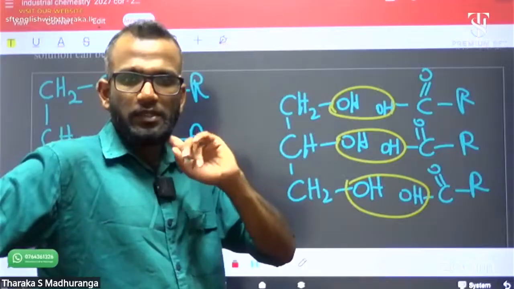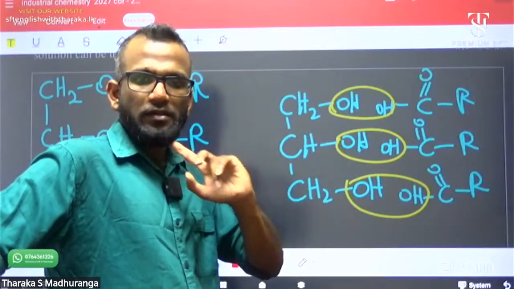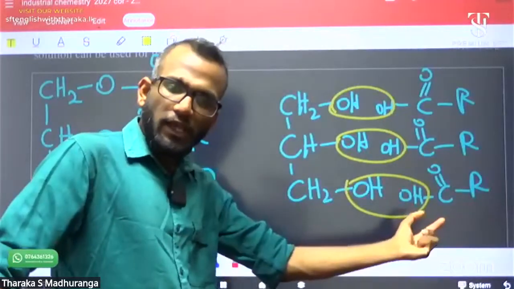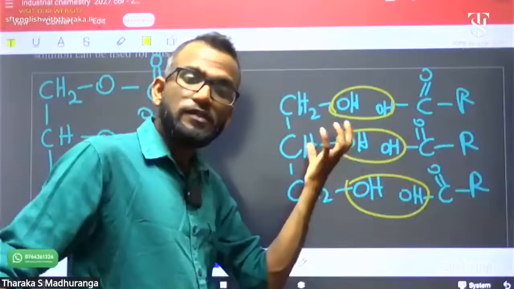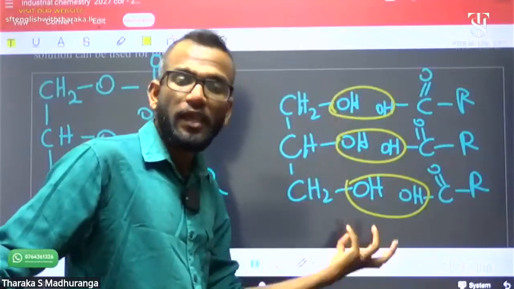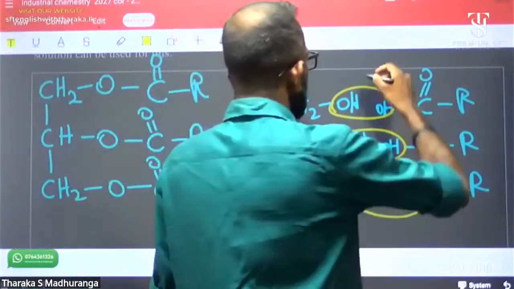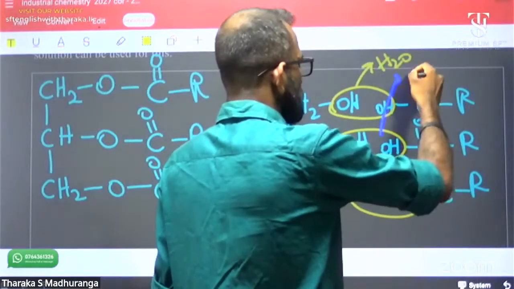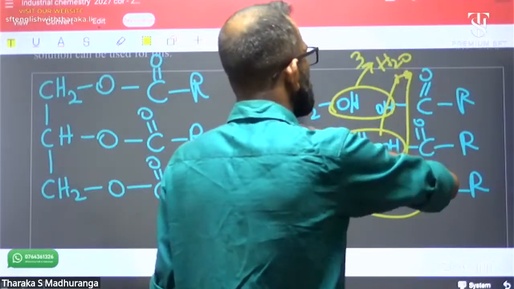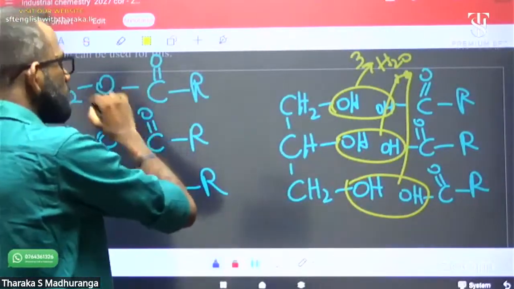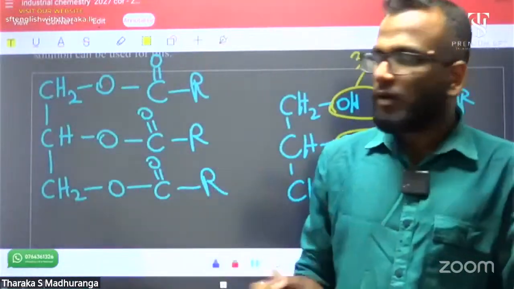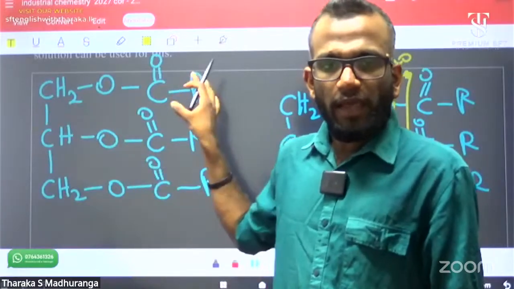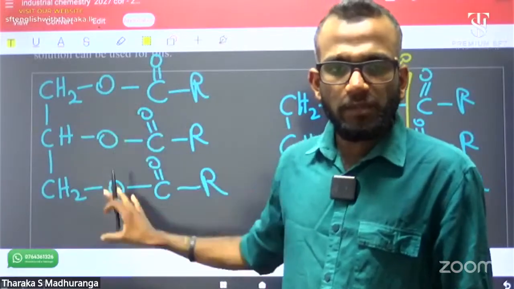Amina, remember? This is glycerol. There are 3 fatty acids. 1 glycerol and 3 fatty acids produce triglyceride by 3 ester bonds. H2O is removed: H2O, H2O, H2O, 3 H2O molecules removed. Then only oxygen remains. That we call an ester bond. This is an ester bond. This is glycerol and 3 fatty acids. They are the ester bonds.